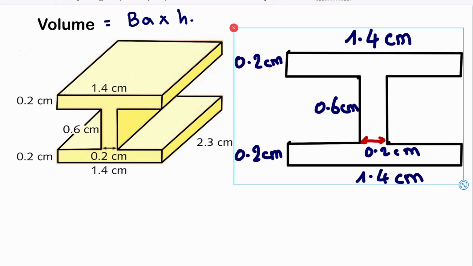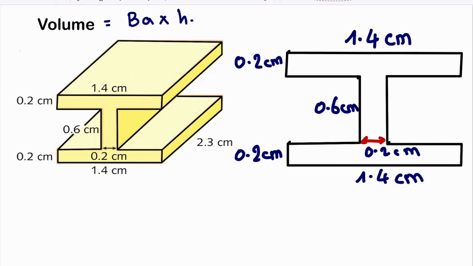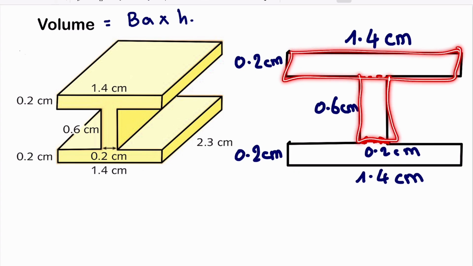If this is our base with all the given dimensions, we can separate them into rectangles. So this will be a rectangle. We are going to have 3 rectangles: this rectangle, this rectangle, and this is another one. We calculate the area of all of them, and sum them together to get the base area. So 1.4 times 0.2 will give us